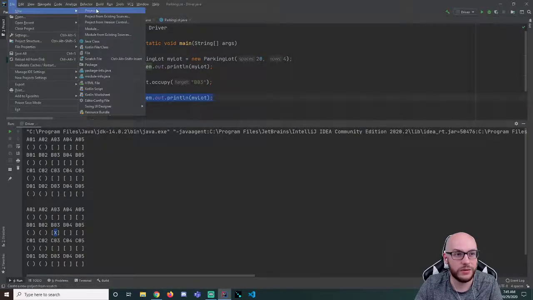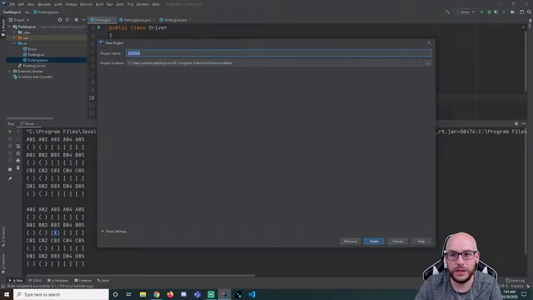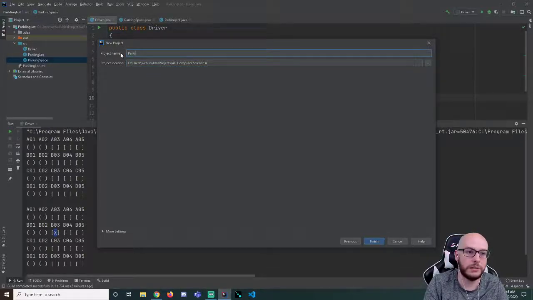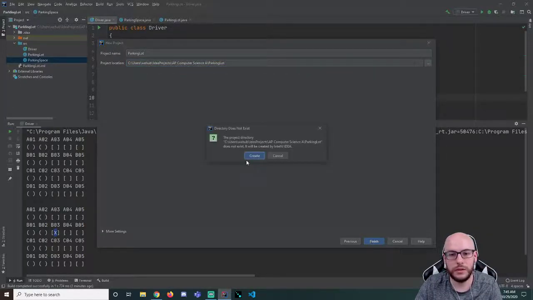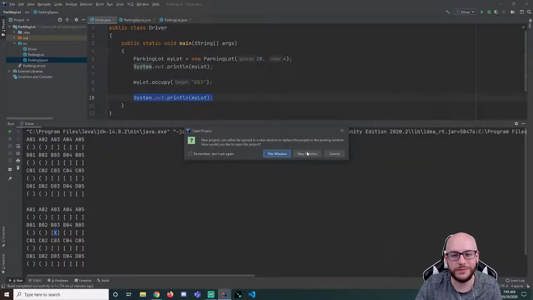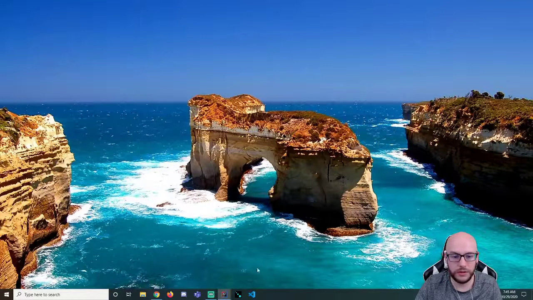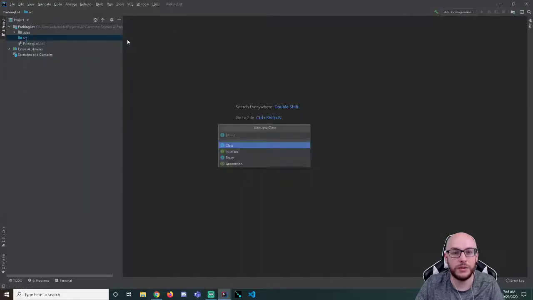So I'm going to go to File, New Project. I'm going to go Next, Next, and I'm going to change folders by selecting my AP Computer Science A, and I'm going to go ahead and make my parking lot subfolder. I'll hit finish. It's going to tell me it's going to create that. I'm actually going to do this in a new window so that I can take my code in, pull it to the side, so if I need to reference anything. So I'm going to expand my project folder, right click on the SRC, make a new Java class, which I'm